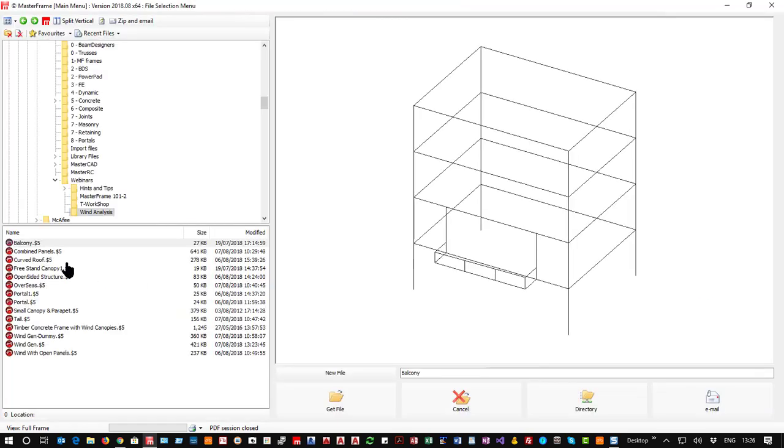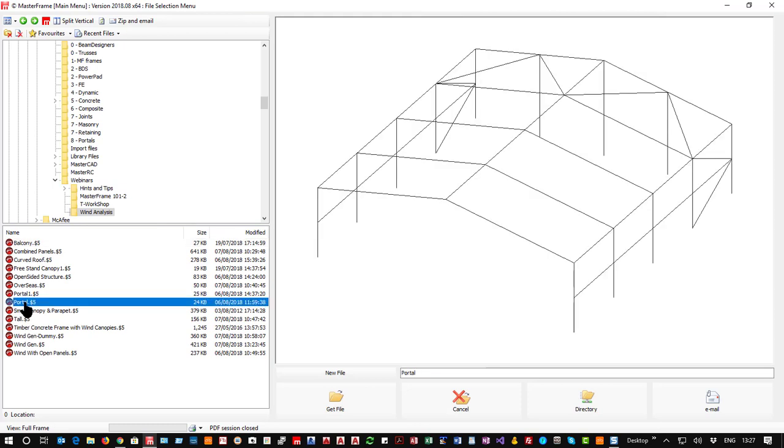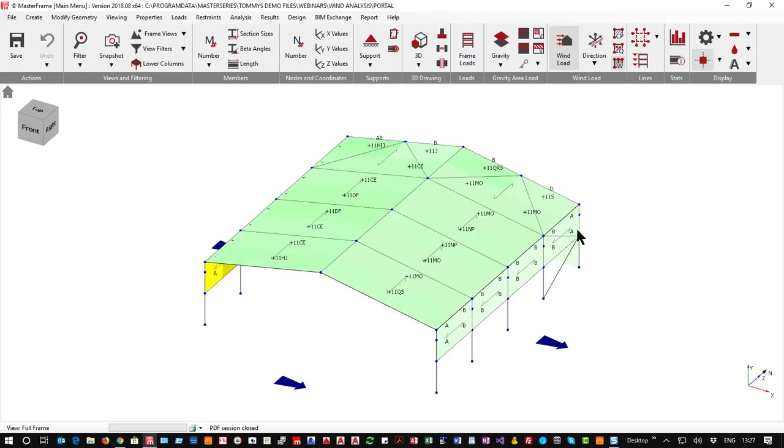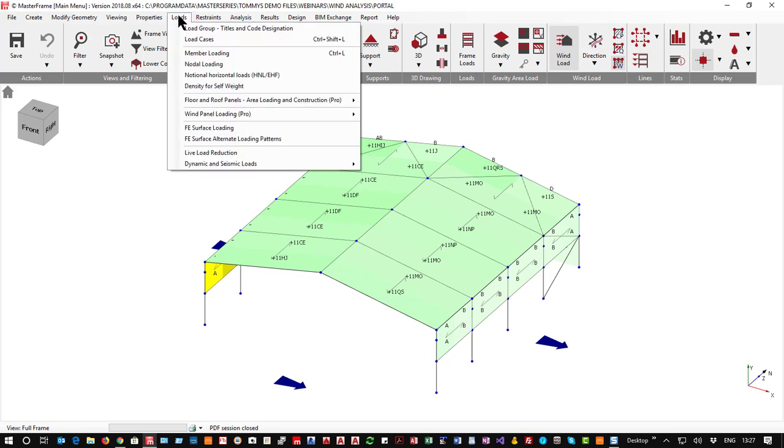a more simplistic structure, such as an open-sided portal, this portal is a wee bit more complicated because when we look at it, we have these sides, but it already knows that it's not supported on all sides from a wind point of view. So you would have to go in and put in your internal pressure coefficient in this direction to allow for that, and also from those two directions. But from its own point of view, looking at